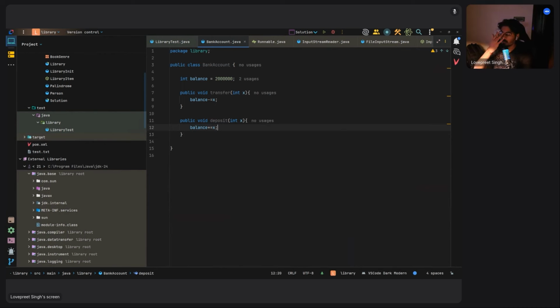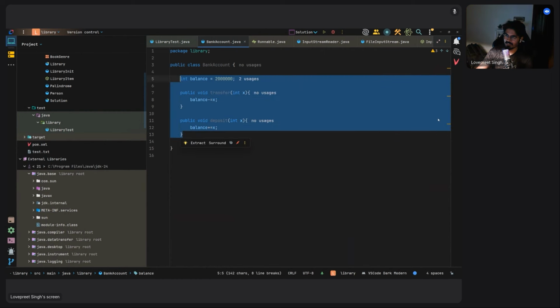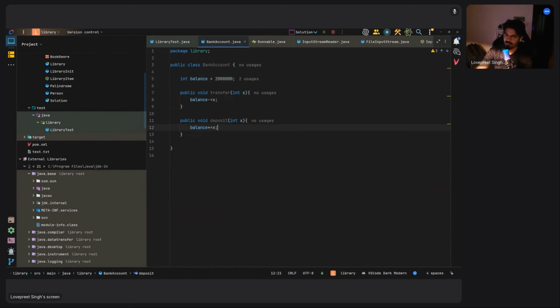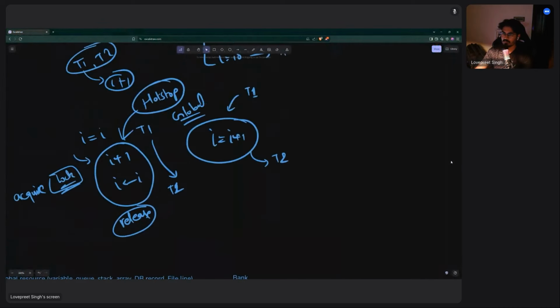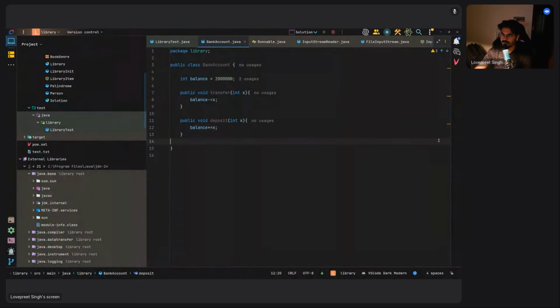How? Because what I'm doing is two instructions actually: balance plus x, then balance is equal to the new balance, whatever I have calculated. So if one person is trying to deposit some amount and my service schedules another person, then before the first one stores, my balance is changed. Similar condition, similar thing here: I is equal to I plus 1, here balance is equal to balance plus x, right? So what you can do here is